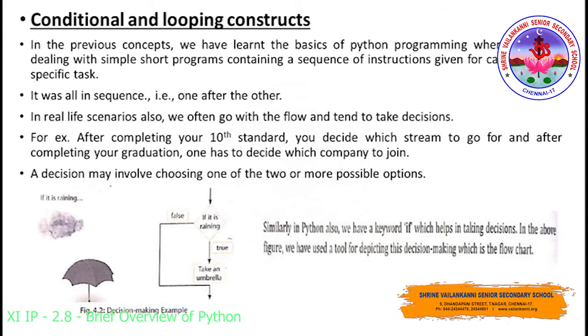Now let us see about conditional and looping constructs. So this is quite a different topic. So far in the Python programming language, we have discussed how to execute programs in a sequential manner. Sequential manner in the sense that the statements get executed one after the other, right? You can take a simple example like adding two numbers. When you add two numbers in the form of program statements, first we will give two variables and we will assign two values to the variables.